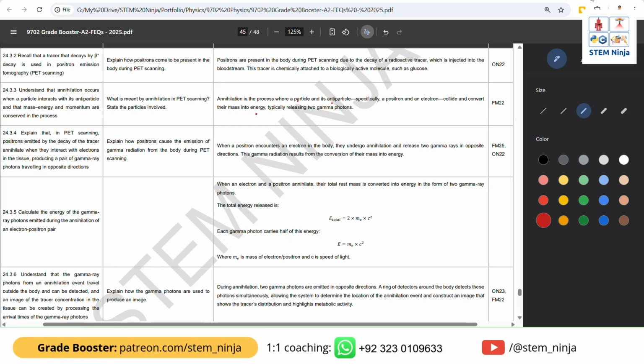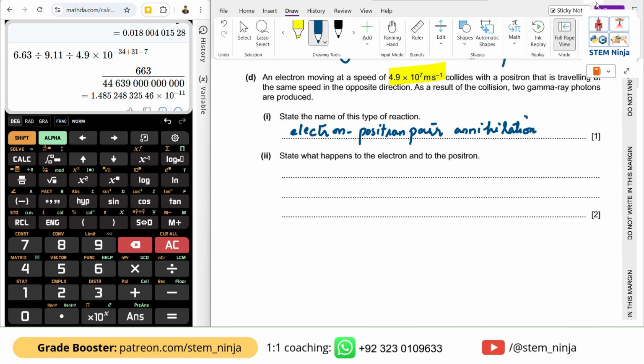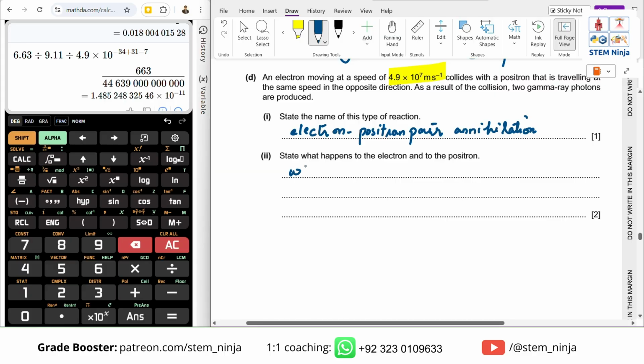So this is what annihilation does. One more thing that happens is that their kinetic energy is also converted. So when an electron and positron collide,